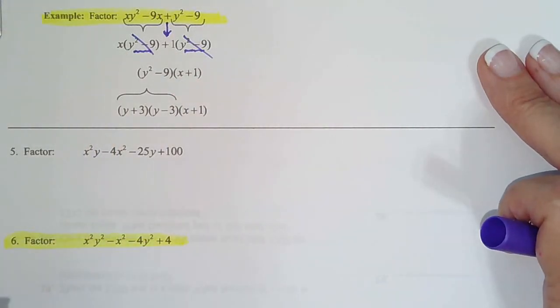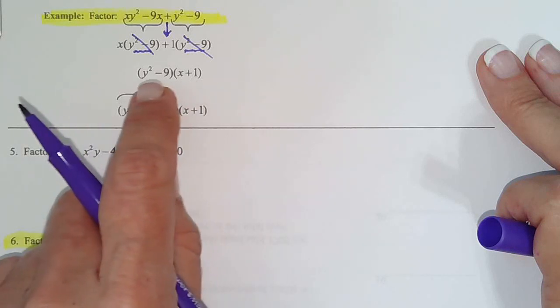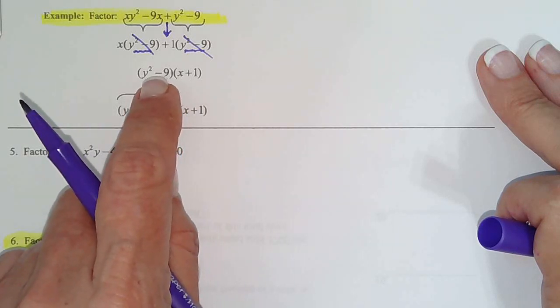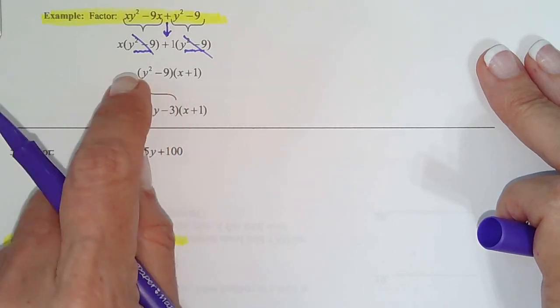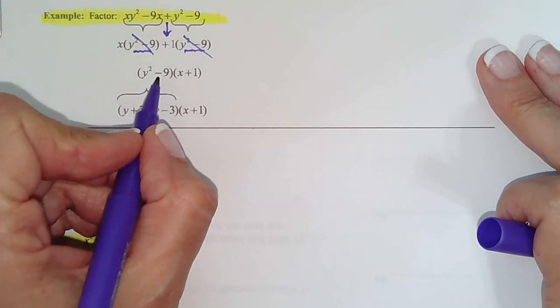And so, like I said, a lot of students just want to factor once and walk away. They don't look at the problem, but there's still something to do. It's a difference of squares. So it can factor again. So 1 plus